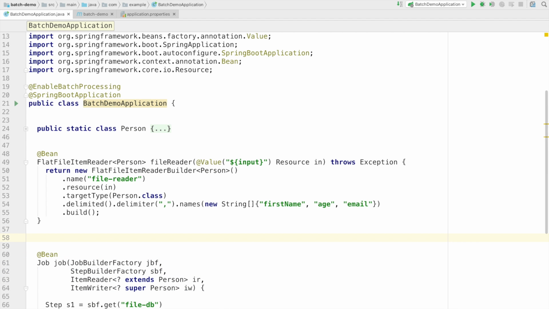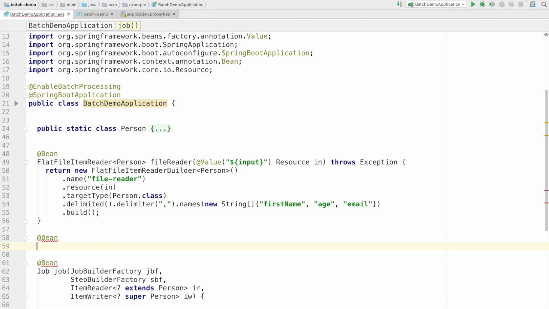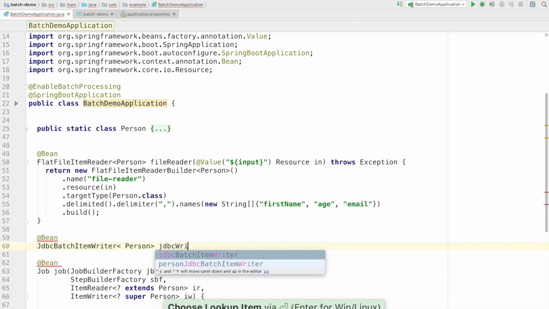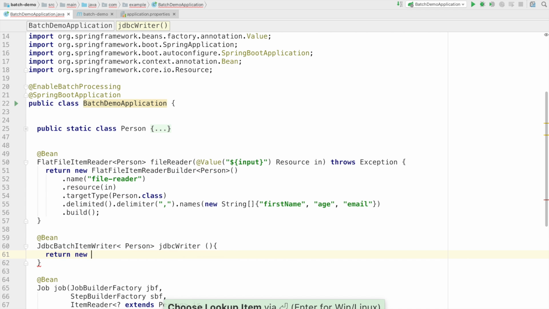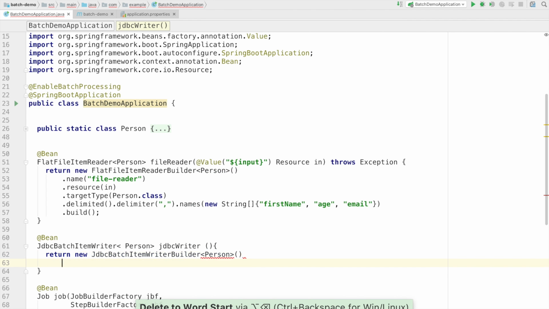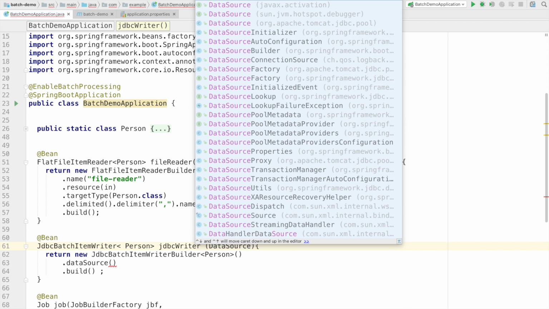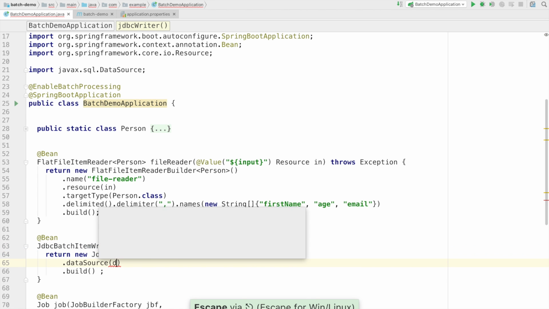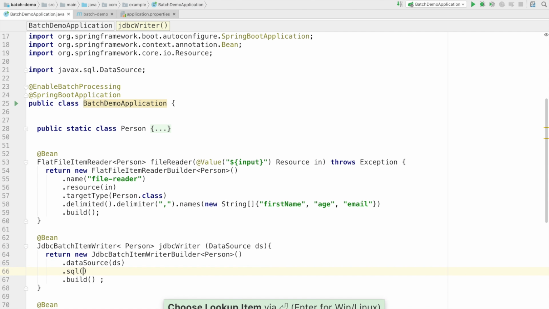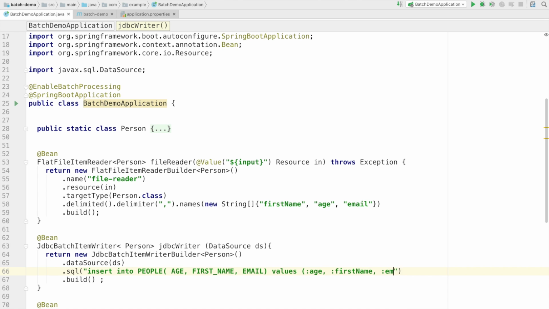Now we need the database writer, the JDBC writer. So we're going to say JDBC batch item writer of type person, JDBC writer, and just as before, we're going to take advantage of a builder instead of doing all this configuration ourselves, right? So we'll say bring in the person, and we're going to tell it to use a data source. In this case, the data source is the one that Spring Boot will configure for us based on these specified properties. So we're going to be connecting to MySQL, as you'd expect. We need to use a SQL statement, so we're going to say insert into people, which is the table that we're going to create. Age, first name, email, values, age, first name, email,